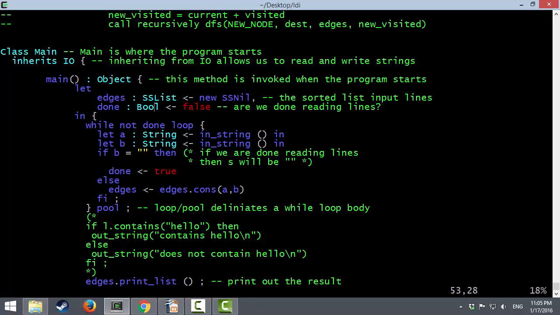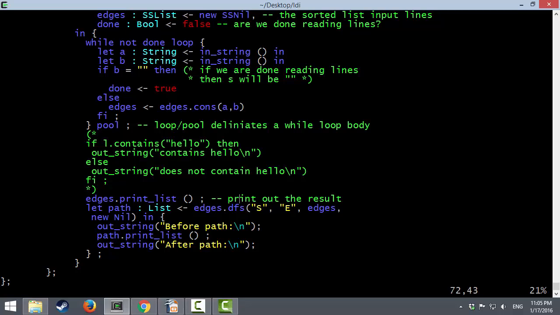In Cool, all variables are mutable by default. You can just have assignment statements, so it's not like OCaml or Haskell. While we're not done, we read in string A and string B. If there's any sort of problem, one of these will be the empty string, at which point we are done. Otherwise, we cons on to our edges that an edge from A to B also exists. We print the edges for convenience, and then we do depth first search on the edges, trying to go from